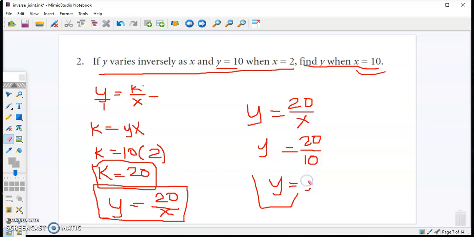Okay, let me rewrite 2. So that is 2. Oops. So we have 2. Okay. So your y now is equal to 2. Another,